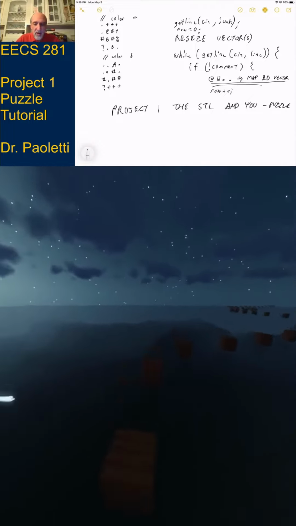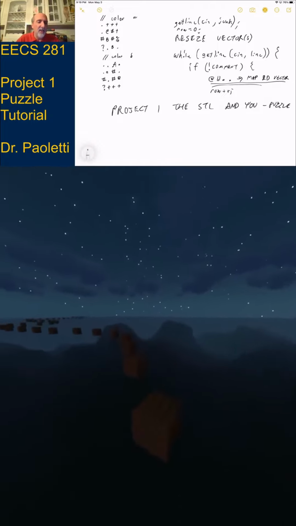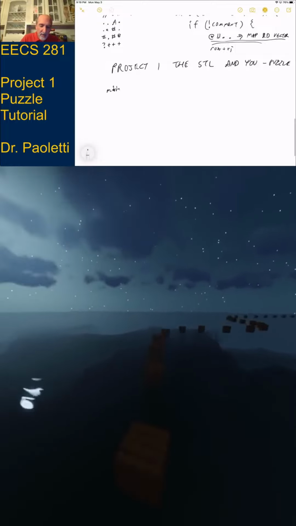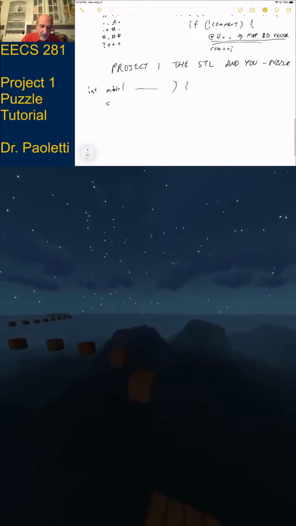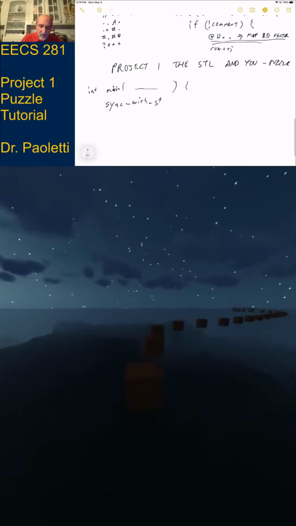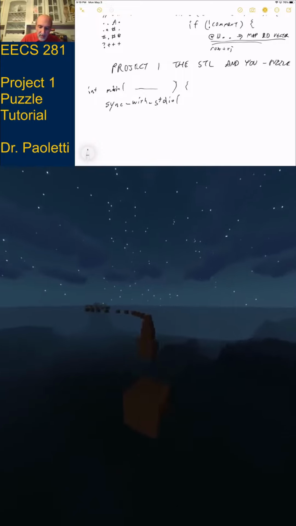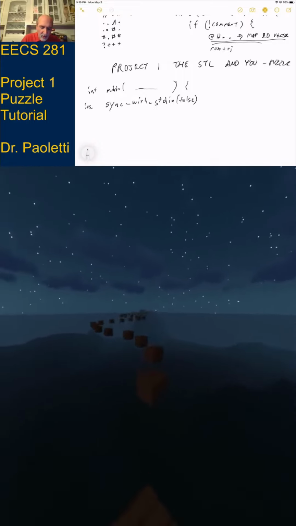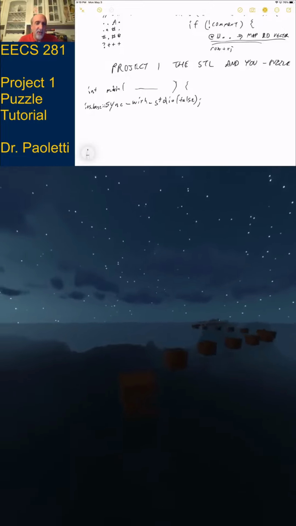One of the things that's in there is something you're going to have to remember to do in every project. One line of code you've got to put at the beginning of main. I've got my int main, blah, blah. Sync with stdio, parentheses false. And you might have to put ios_base:: in front of that. But sync with standard IO false, really important.